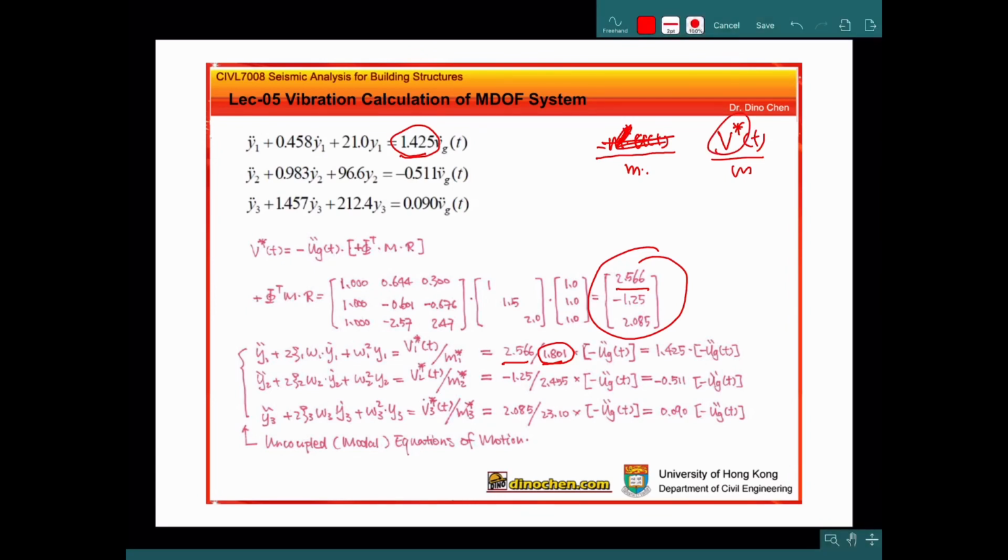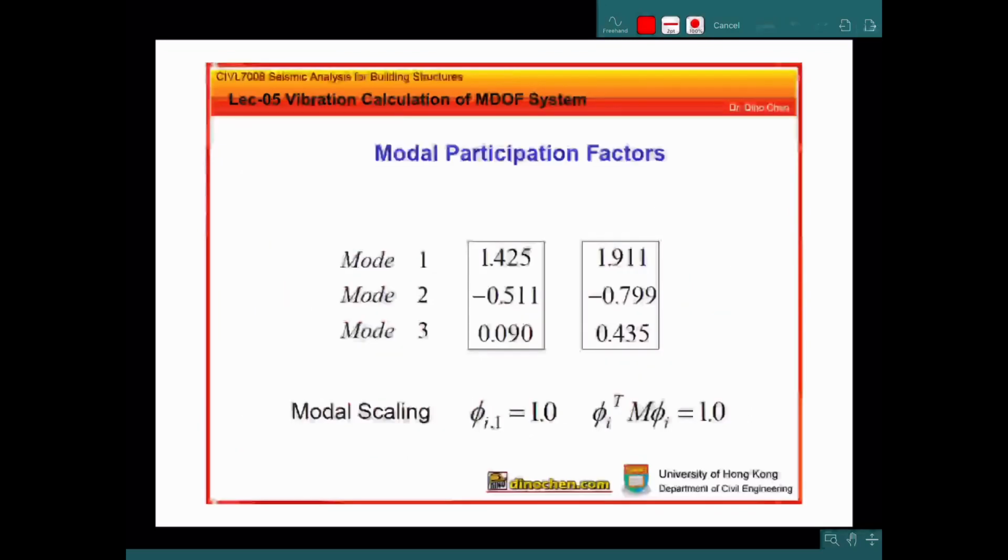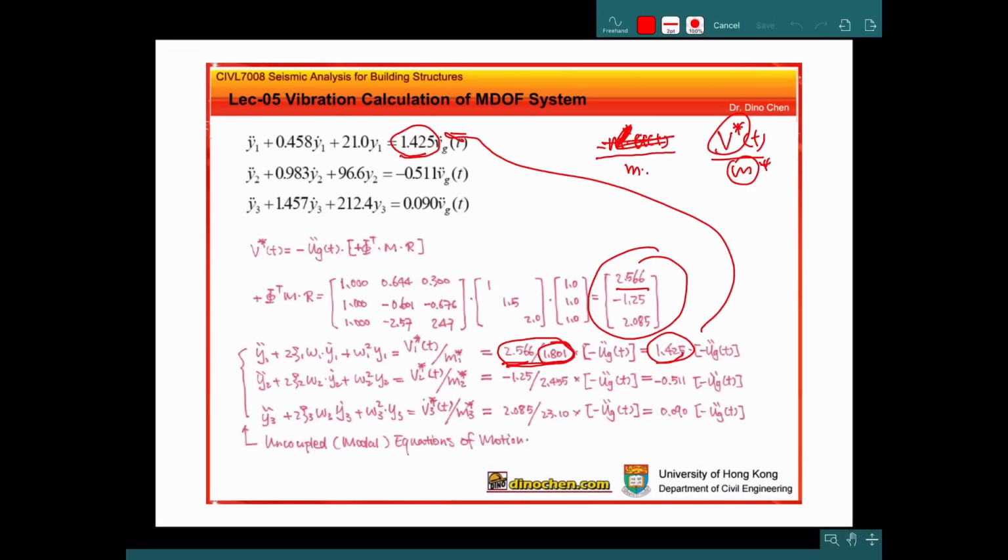So this is the loading factor we already know, and this is the generalized mass. We can use these two values to compute the 1.425. So we know how to get the 1.425 by this equation. So after we get this